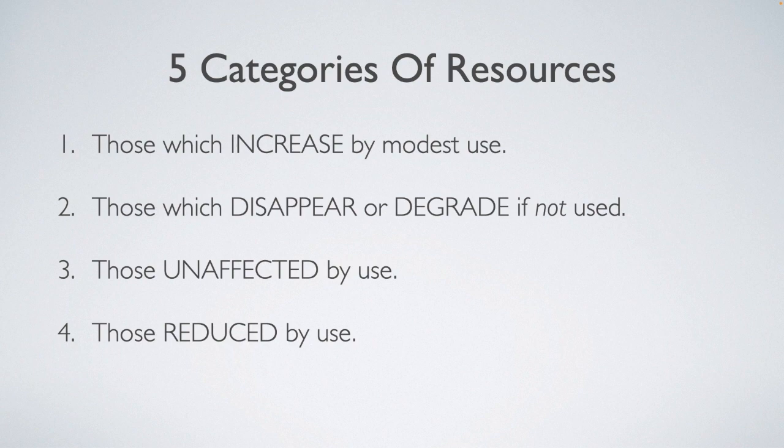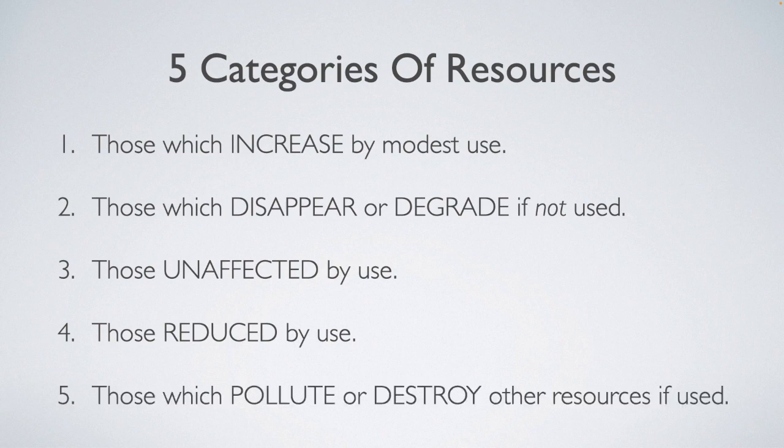Category 4 are those resources that are reduced by use. Some examples might be a fish or wild game stock that is unwisely managed, anything that is mined, so clay, landlocked salt deposits, coal, oil, rare earth minerals, fertile soils, mature forests. Most of our modern economy kind of falls into at least category 4.